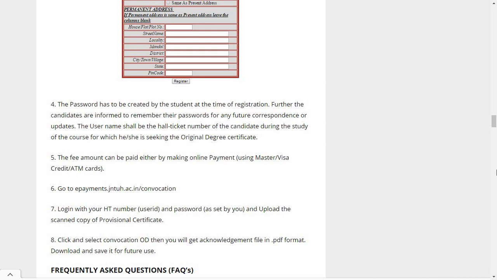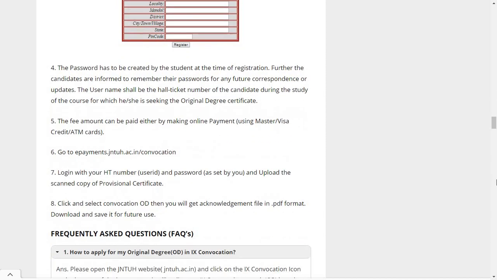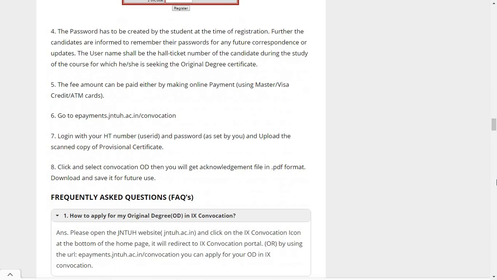Then further, the candidates are informed to remember their password for any future correspondence or updates. The username shall be the hall ticket number. So for the username, you have to put the hall ticket number, and the candidate during the study of the course or which she or he is seeking the original degree certificate. The fee amount can be paid either by making online payment using Master or Visa, credit, ATM cards, and go to